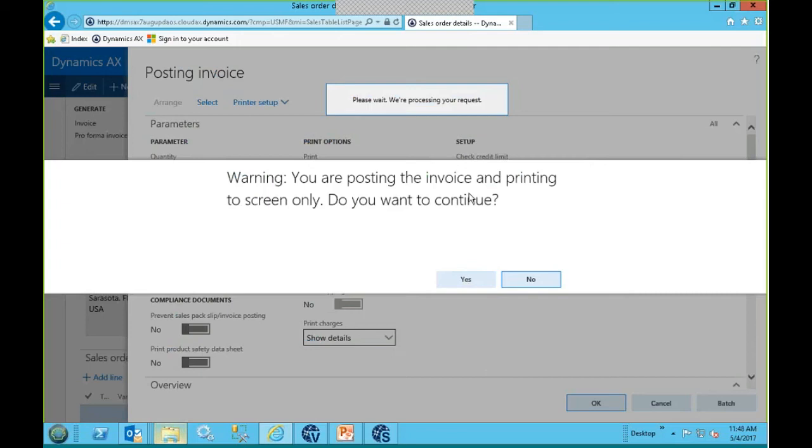So now I'm posting the invoice. I'm going to generate it to the screen so that we'll be able to see the invoice number and then tie it back ultimately to the transactions that we're transmitting out to our partners. So we'll wait a moment for that. And while we're doing that,